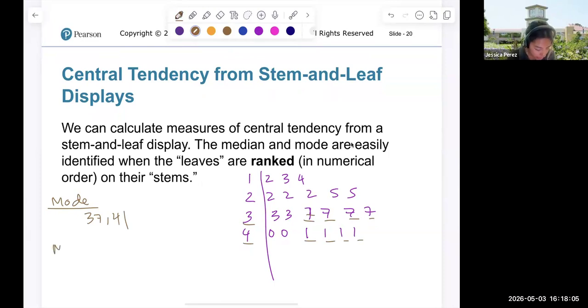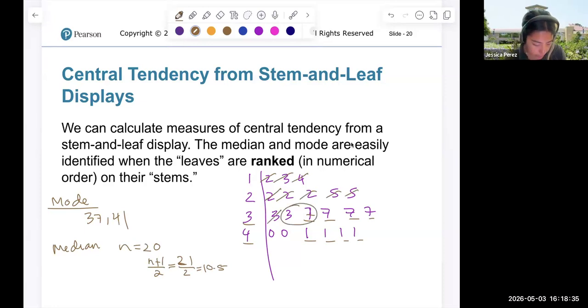The median, we would say, okay, how many values do we have? So 1, 2, 3, 4, 5, 6, 7, 8, 9, 10, 11, 12, 13, 14, 15, 16, 17, 18, 19, 20. So we have n to be 20. We have the function n plus 1 over 2. That would be the position. So it's 21 over 2. That's 10.5. So we have to count 1, 2, 3, 4, 5, 6, 7, 8, 9, and then